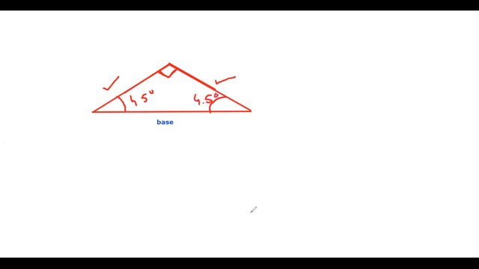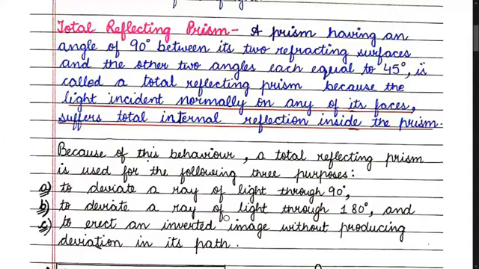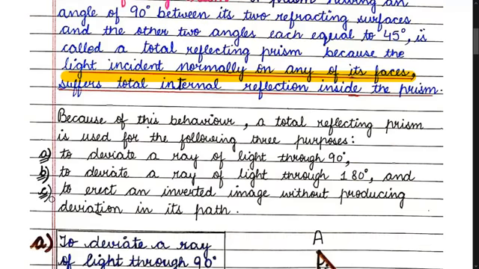So now the question arises, why is it named so? It is named as total reflecting prism because the light incident normally on any of its faces. There are three faces of a prism. So if the light is incident normally on any of its faces, the light will suffer total internal reflection inside